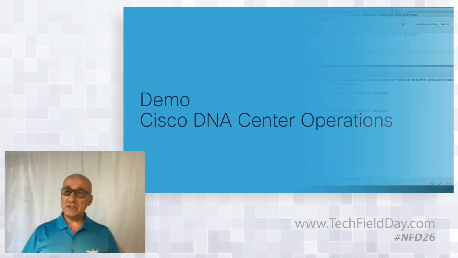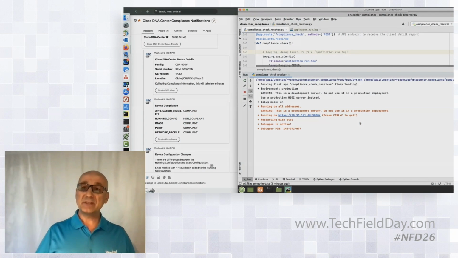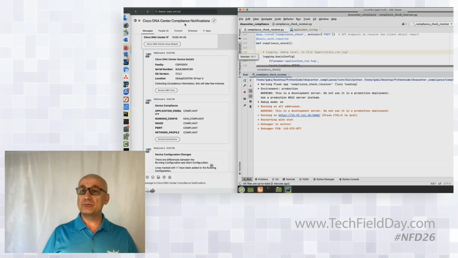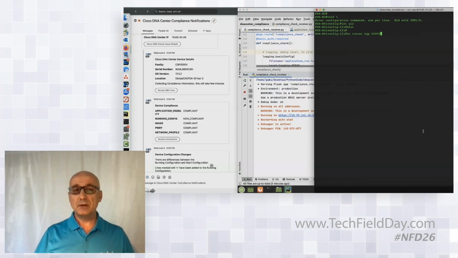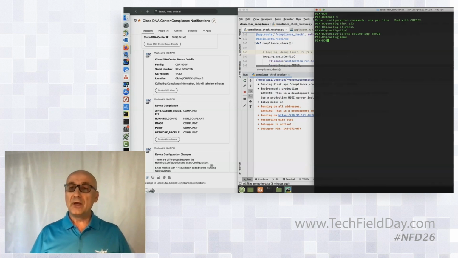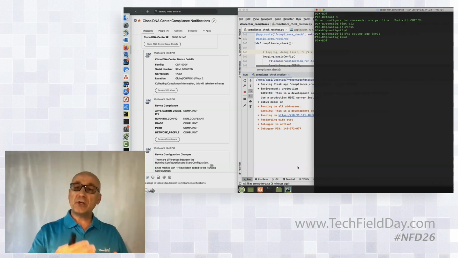There's a lot going on in this video. Again, I'm fast forwarding some steps that would require, let's say, 5 minutes for compliance. We can see on the left-hand side the WebEx room where I'm going to receive notifications. On the right-hand side is a Linux webhook receiver running Flask in my lab. I'm going to make a configuration change on a device. Within a few seconds, you are going to see the notification being received by the webhook receiver